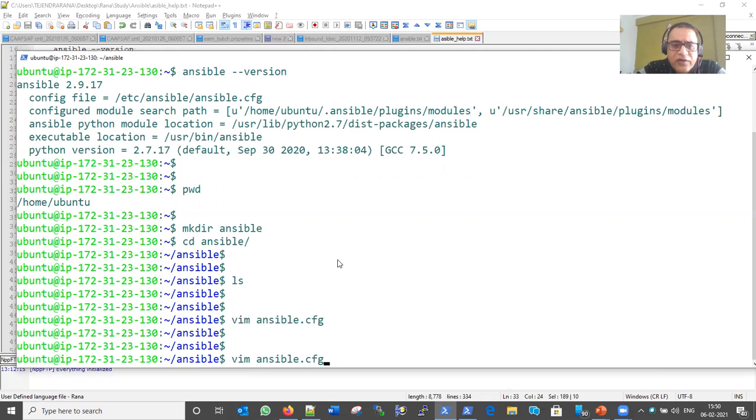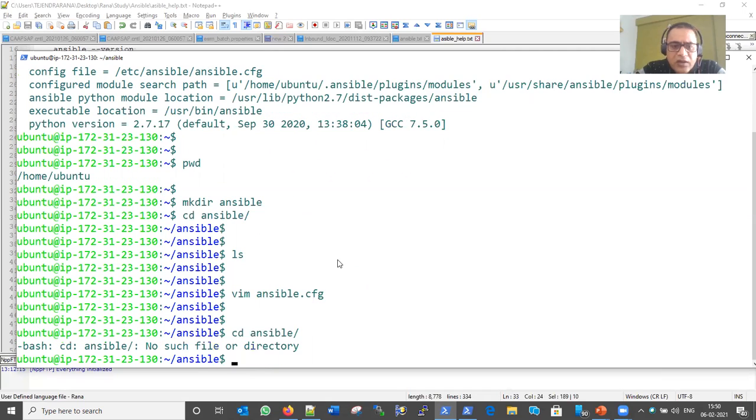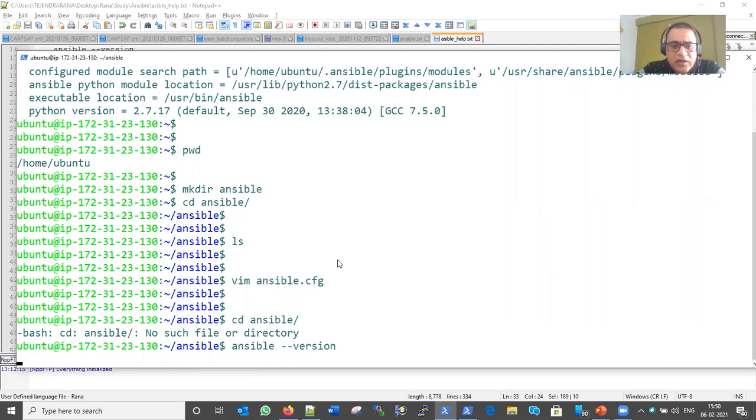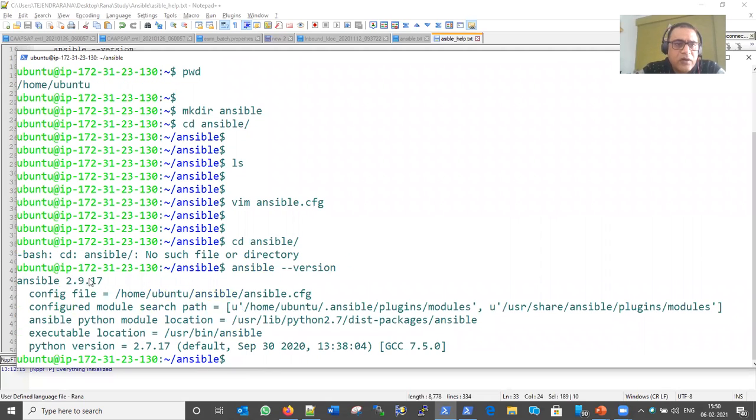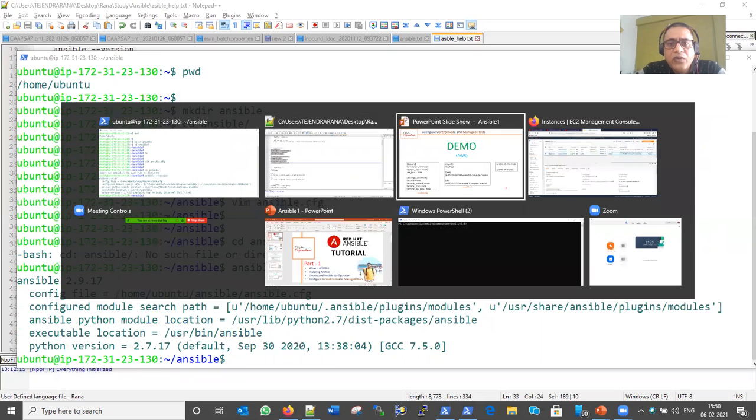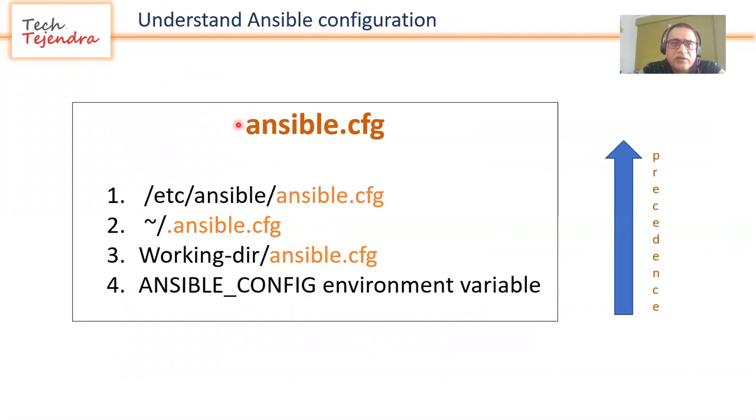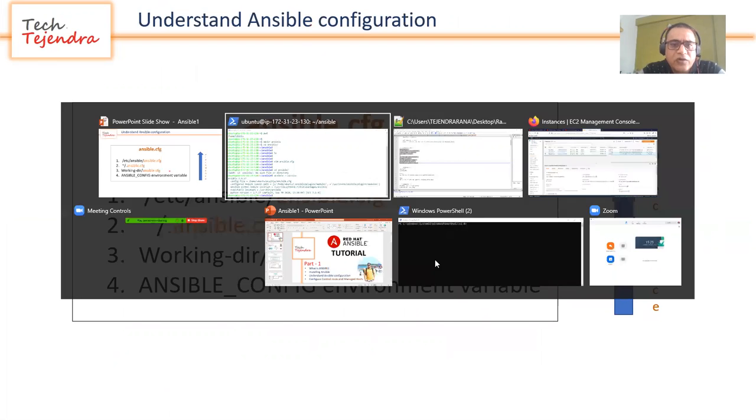If I run this command again, the configuration file it is taking is /home/ubuntu/ansible, the directory we recently created, and inside it ansible.cfg. As I showed you in the configuration file topic, you can see the precedence, so it takes this automatically.